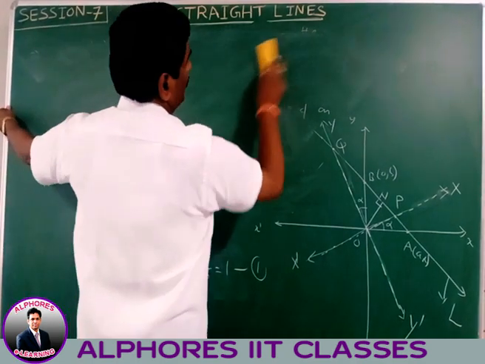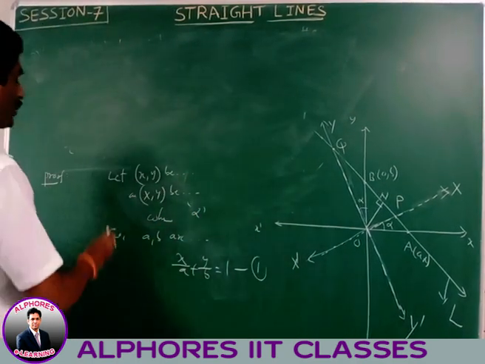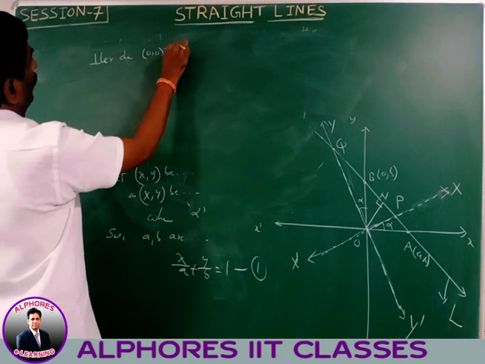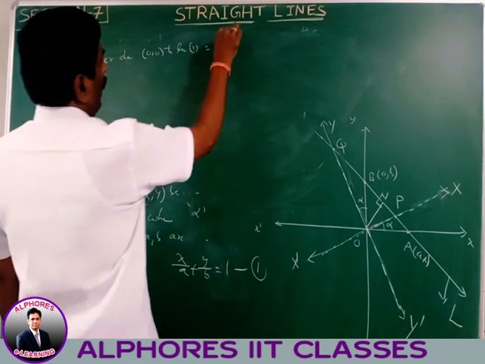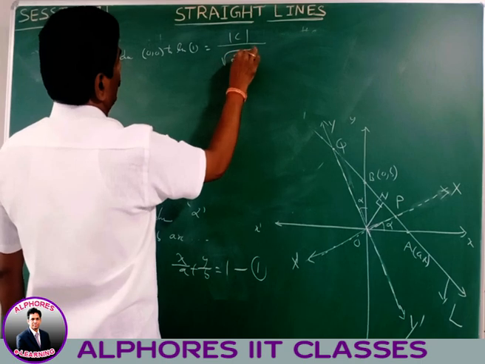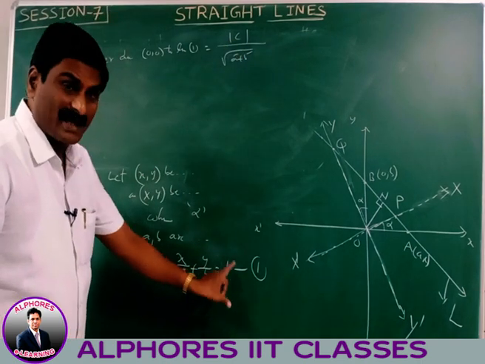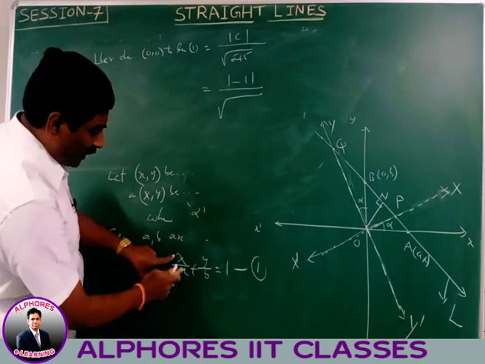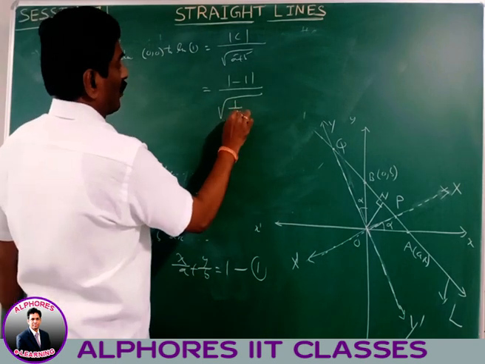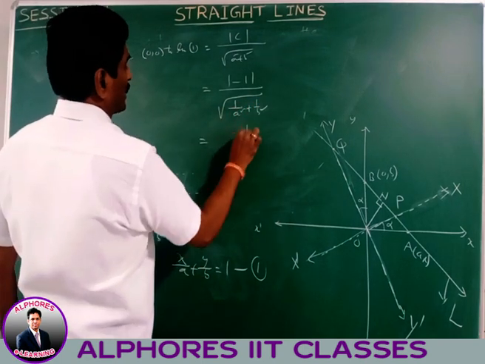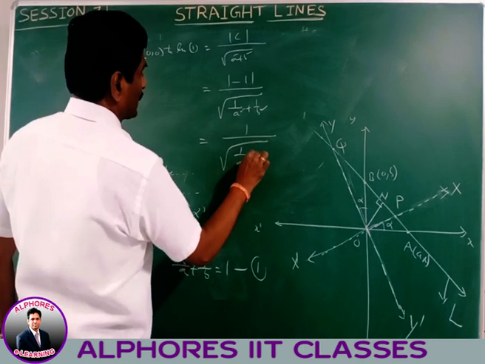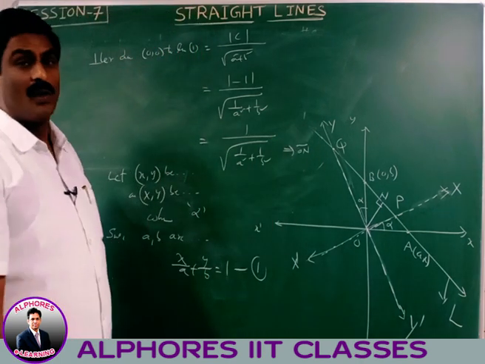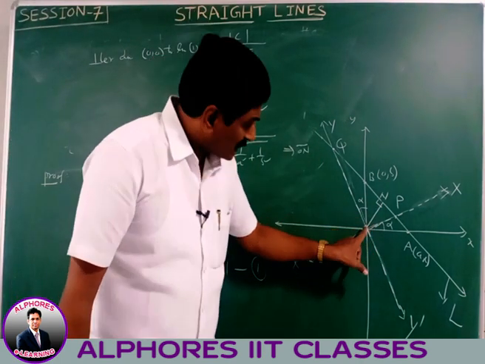The perpendicular distance from the origin to the line is nothing but mod c by root over a square plus b square. Perpendicular distance from 0 comma 0 to line 1 is equal to mod c by root over a square plus b square. Here x by a plus y by b minus 1 is equal to 0. C means mod minus 1 by, what is the x coefficient here? 1 by a. Y coefficient is 1 by b. 1 by a whole square means 1 by a square plus 1 by b square. That means 1 by root over 1 by a square plus 1 by b square. It is nothing but the distance ON. It is the distance from the origin to the point N. N is the projection of the origin on this line.